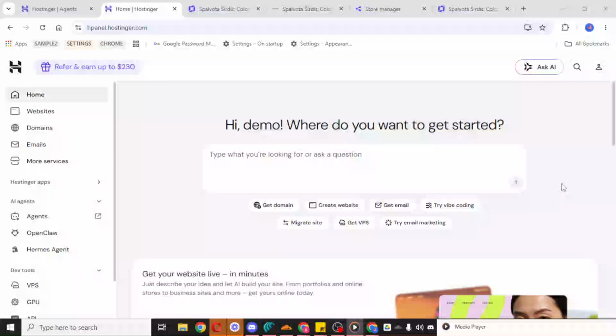In today's video, I'm going to teach you how to disable WhatsApp notifications in Hostinger. If you're receiving WhatsApp alerts from your Hostinger account and you'd prefer to turn them off, this is a very quick setting to change. I'll walk you through exactly where to find it so you can update your notification preferences